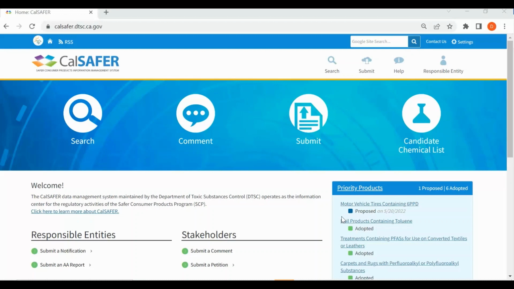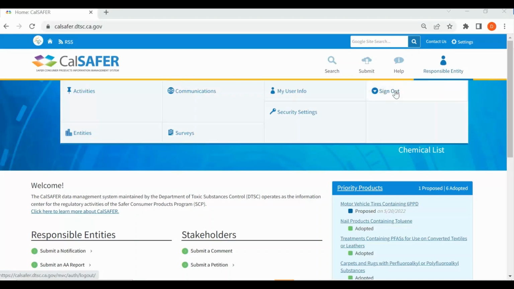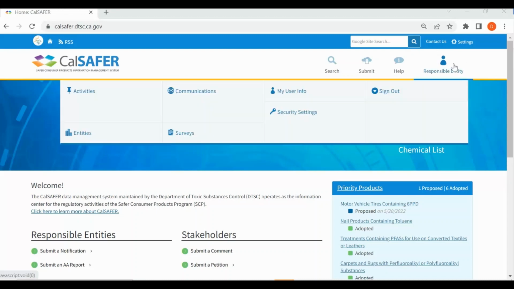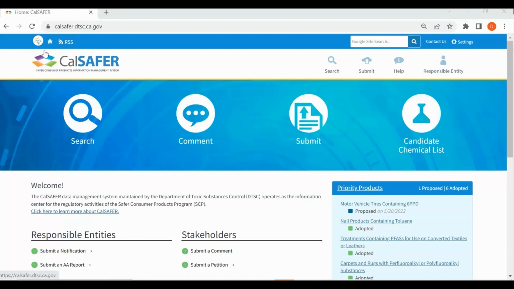the preliminary AA report. To submit an AATN, first, make sure you are registered on CalSAFER and are signed into your account. For this demo, we are signed in using the name Responsible Entity here. From the home page at calsafer.dtsc.ca.gov, you can click on the Submit button